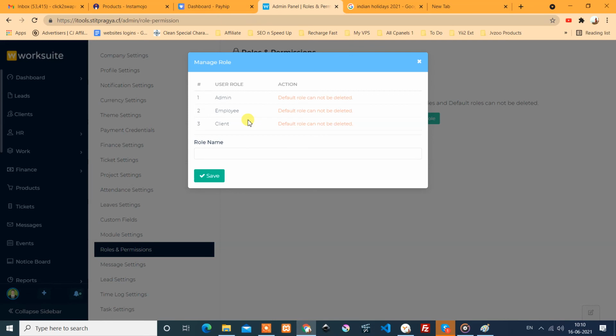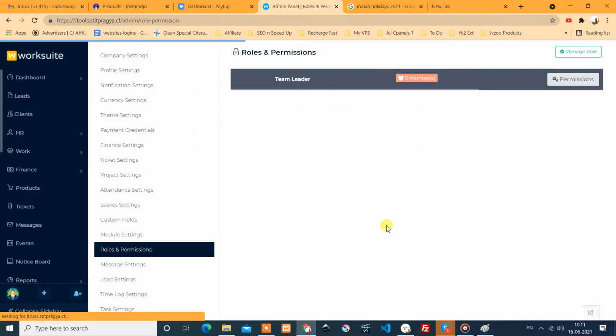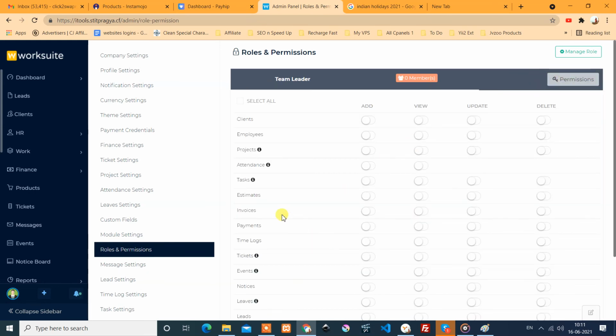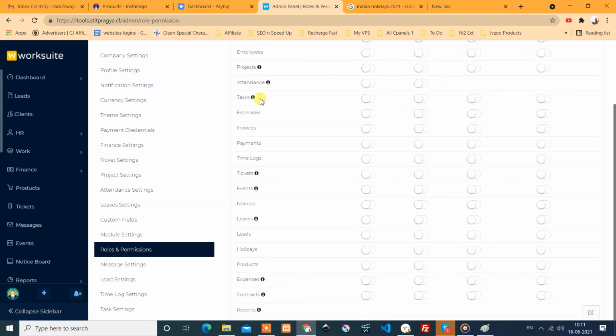Those are admin, employee, and client. Let's create another. So let's say team leader is the role, just creating it for sample purposes. Okay, and we can assign the permissions and see these: employees, project, attendance, tasks.